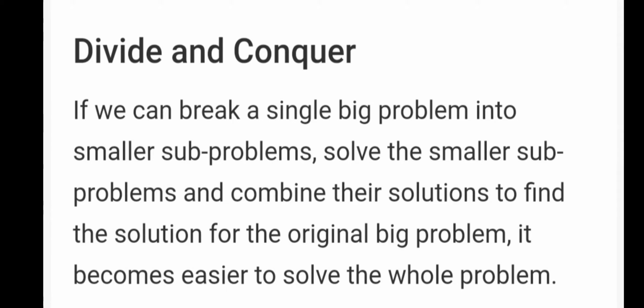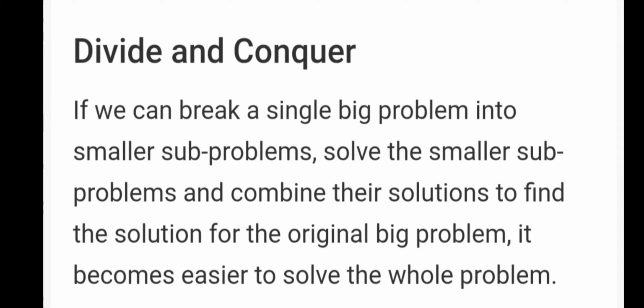And again, the problem can be divided into one more sub problems, like all ECE students' information is gathered by one person, CSE students' information is gathered by some other person, like that. So a big problem can be divided into sub problems until the sub problem can be solved by yourself, right? The division of a problem can be carried out until the problem can be solved by yourself.